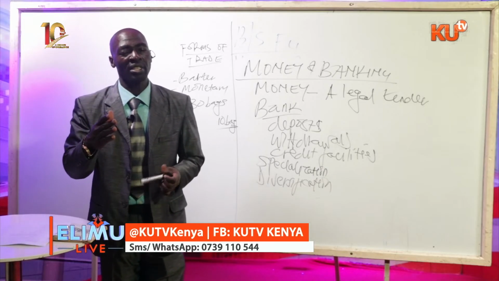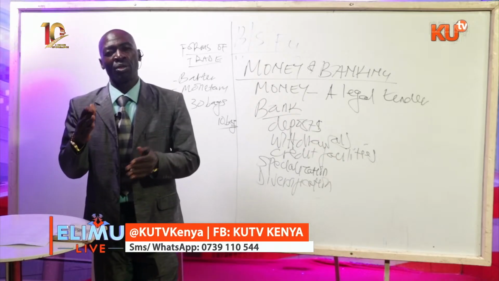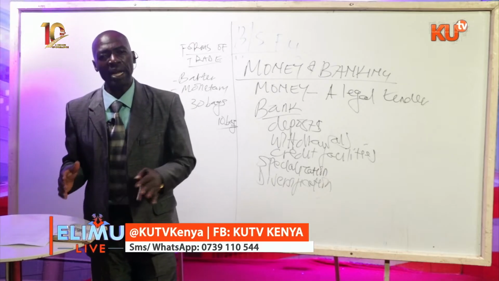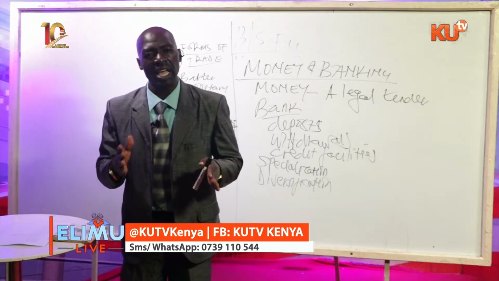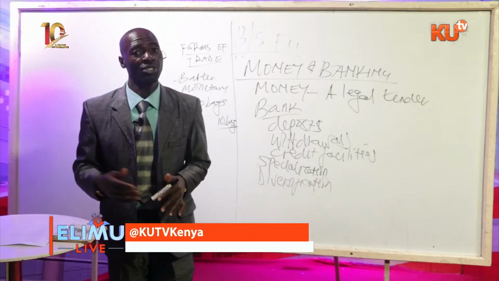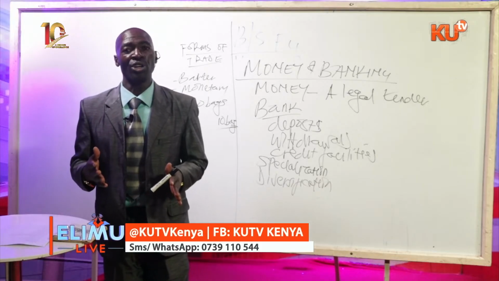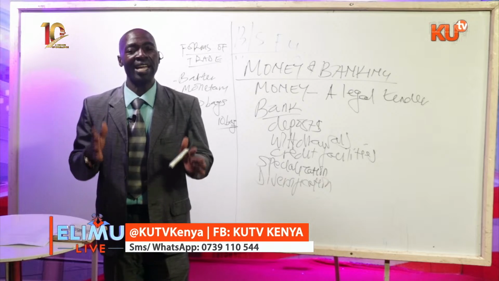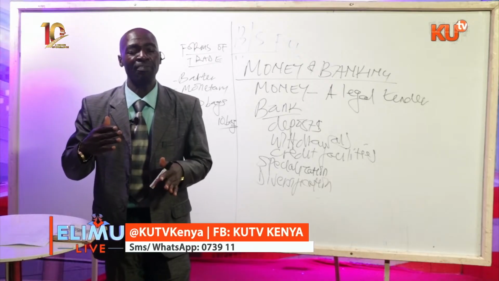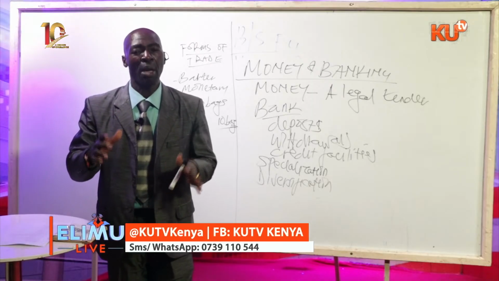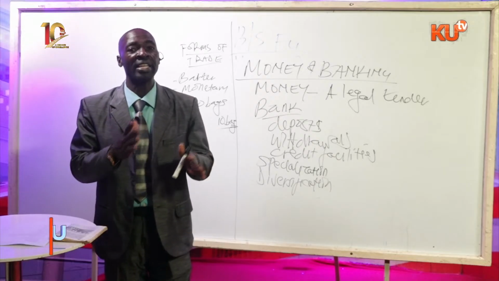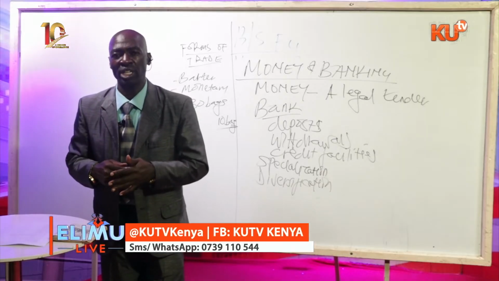So in this case, if you do better in production of beans, then you can concentrate on production of beans and leave the rest to produce maize, potatoes, tomatoes, onions, and so on. So you only concentrate in the line where you are good at or where you do best. So barter trade promoted specialization, whereby people concentrated in the areas where they did best.